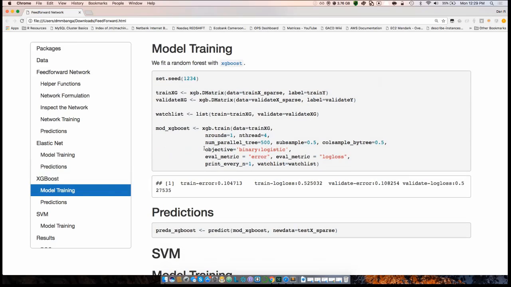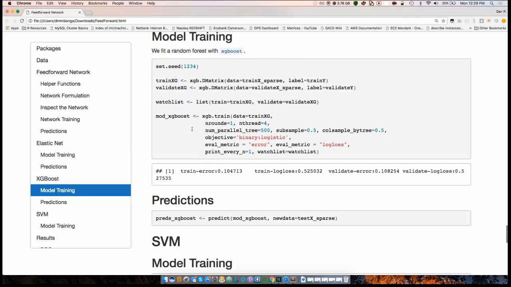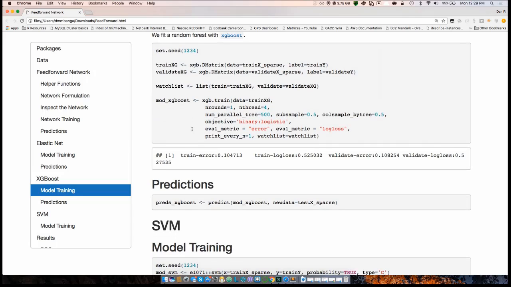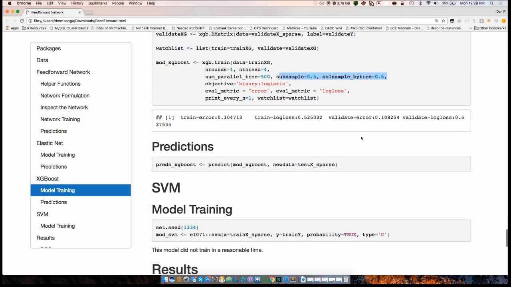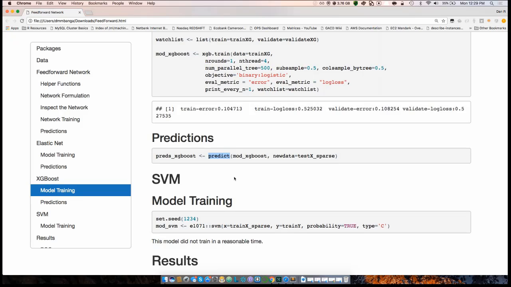XGBoost is typically used for fitting a boosted tree. However, with certain parameters, such as subsample and colsample_bytree, you can make it fit a random forest. So it's just a new, fast way of fitting random forests. So it's really nifty. And again, predictions, just as simple, use the predict function. So again, you can be working on a problem and have 2 or 3 or 5 different solutions that you're exploring, and within the R and MXNet environment, you're essentially using the same syntax to fit your models.